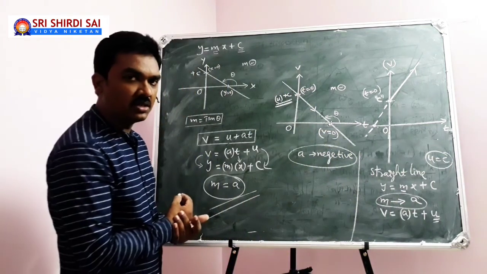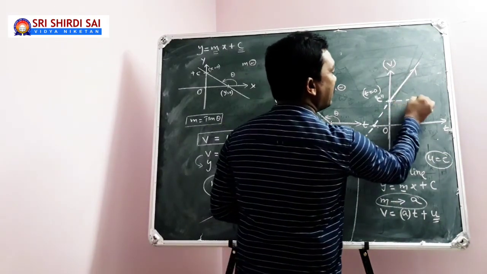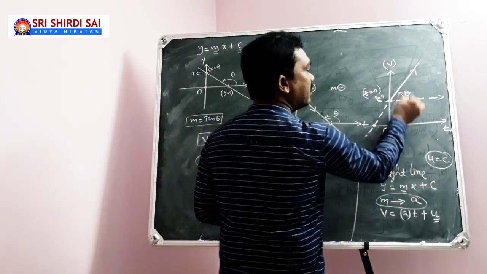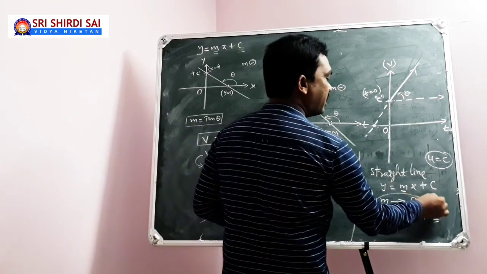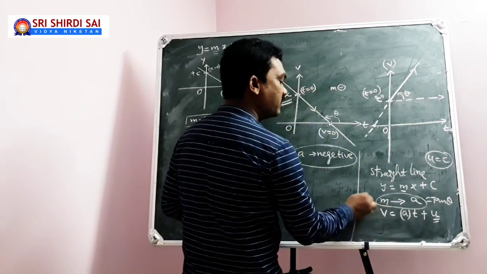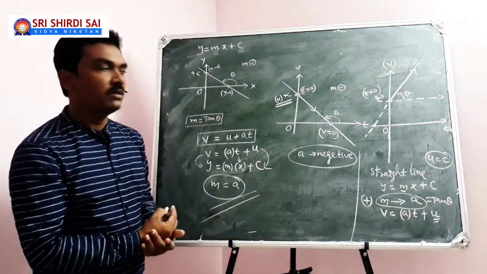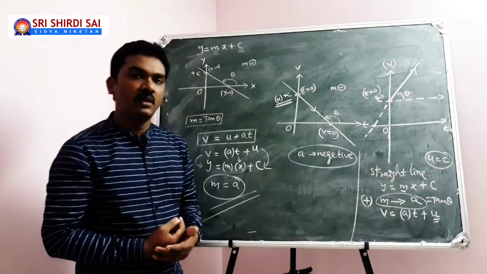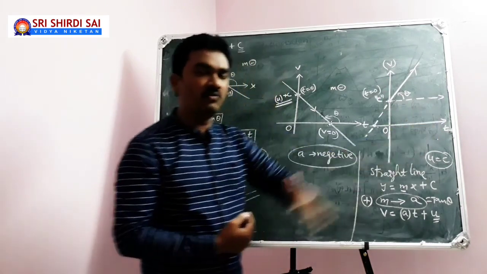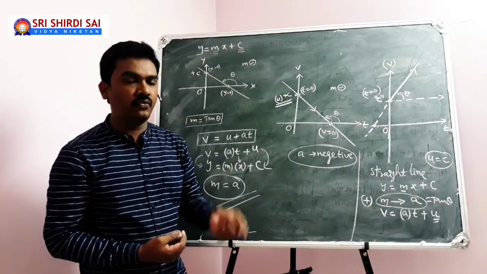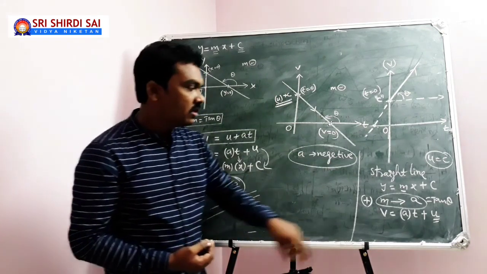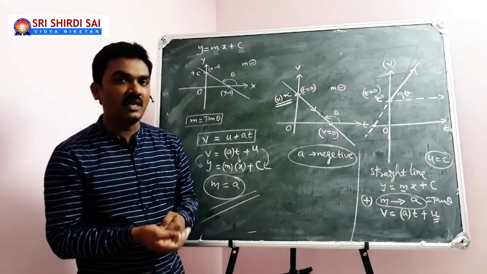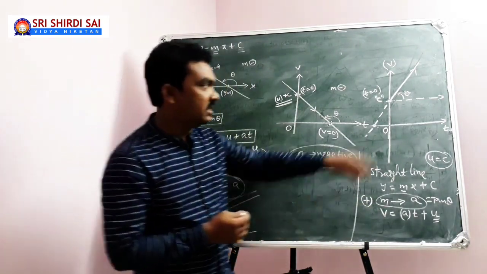Sir, how to get that acceleration? Yes. Take a line parallel to the positive direction of the x-axis, and your graph is making some angle theta here, then m equal to tan theta. Here theta is less than 90 degrees, so m is positive, meaning acceleration is positive. Join all this to give a conclusion. This graph represents the velocity time graph for a body moving with constant acceleration. Acceleration, not deceleration, because the slope is positive. Constant acceleration with initial velocity c.